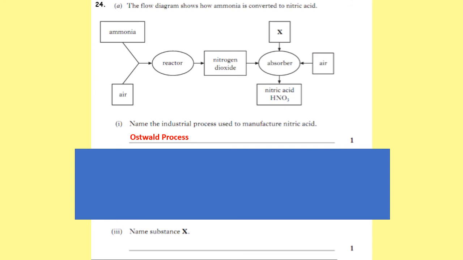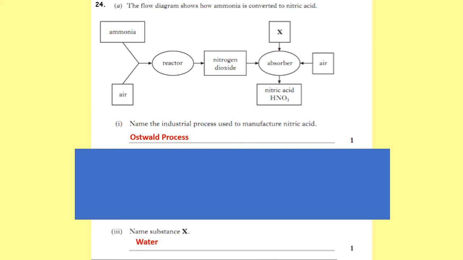The next thing is to name substance X. Now, this is seeing if you can remember the different reactants needed for the Ostwald process. So we see ammonia and air going into the reactor. The air is where we're going to get oxygen from, and that leaves the only other reactant for the process